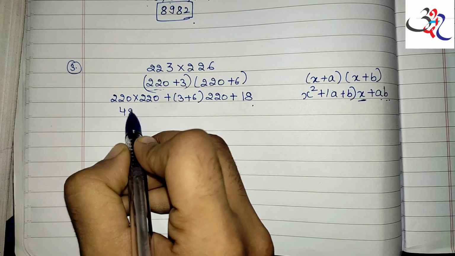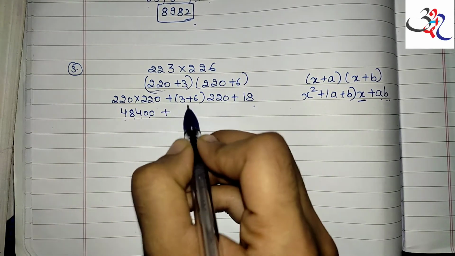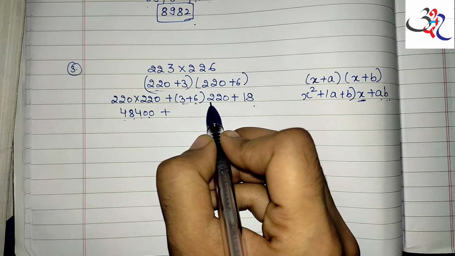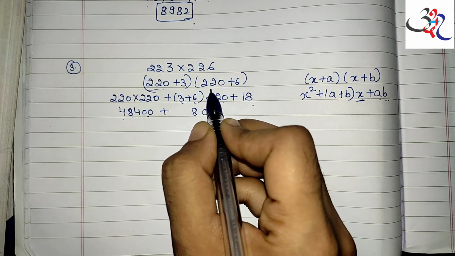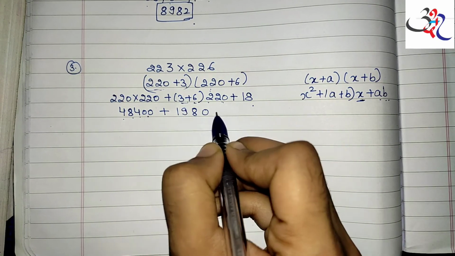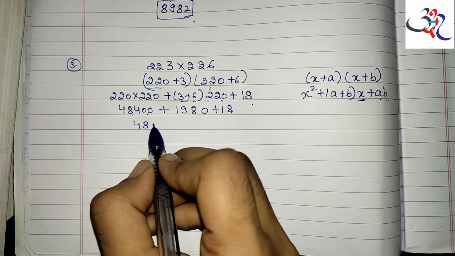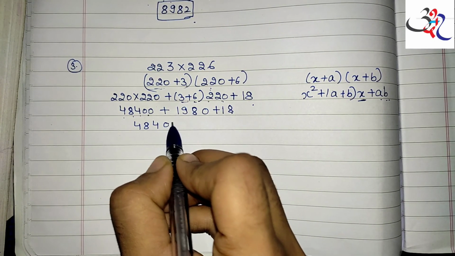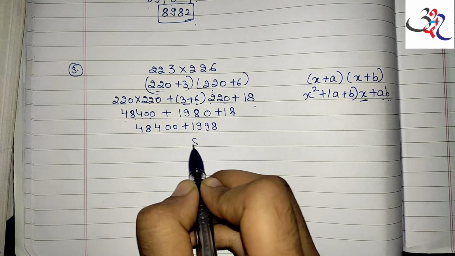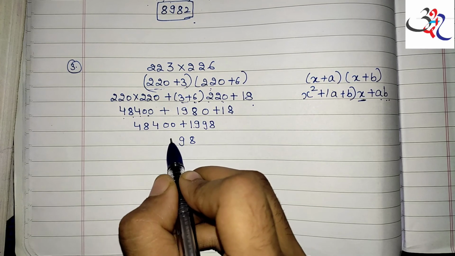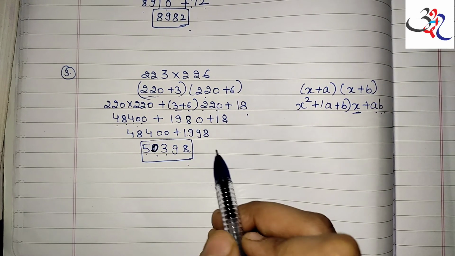So after doing this multiplication, you will get what? You will get 48400 plus 3 plus 6 will be 9, and you can do simply the multiplication of 9 by 220, so you will get what? You will get 1980 plus 18, so my answer will be equal to what? This will become 1998, and if I am going to do this simple addition, I will get my answer as 50398. Okay,